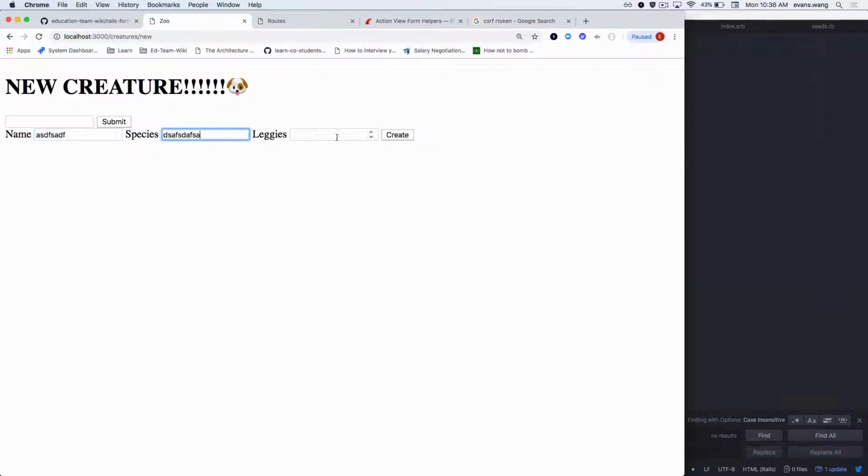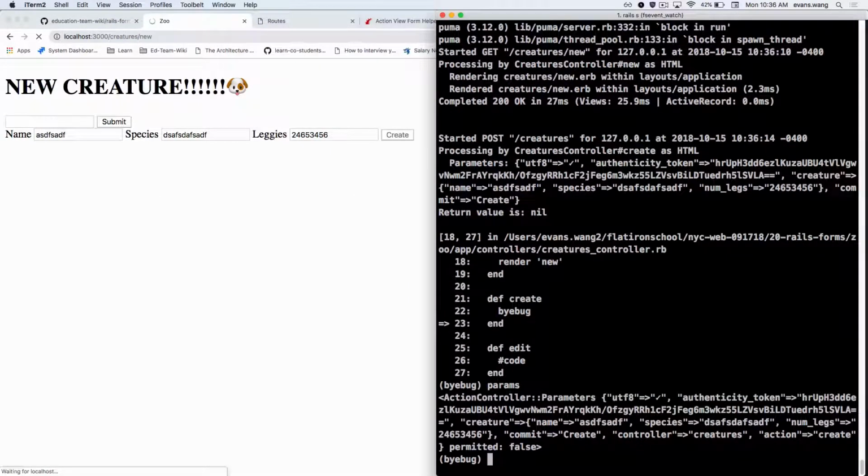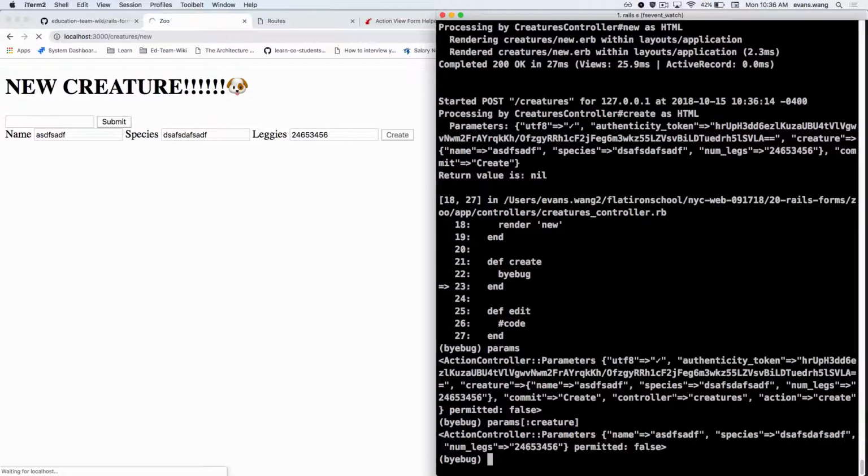Okay, a lot. Very good. Now I'm in the binding.pry. So what are my params? What are my params with the key of creature? Those are the ones that I want. So the form for